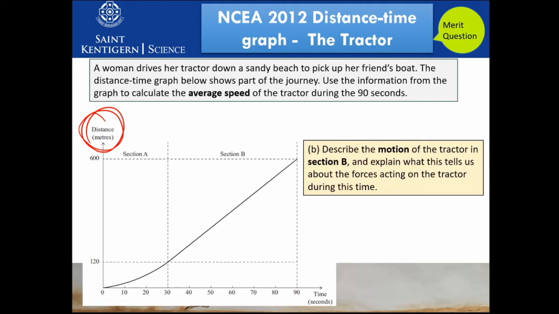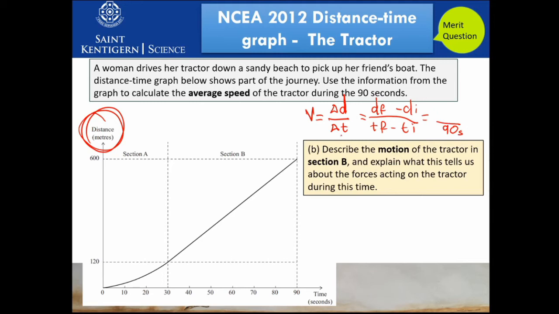So, what is average speed? Okay, so that's velocity. So we're going to say velocity is, so v equals change in distance over change in time. For the first 90 seconds, so time final minus time initial, and above the line is distance final minus distance initial. So at the bottom we have time final is 90 and time initial is 0, so we've got 90 seconds, and above the line is